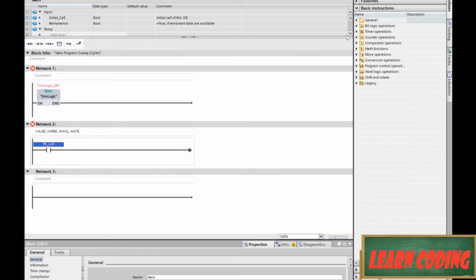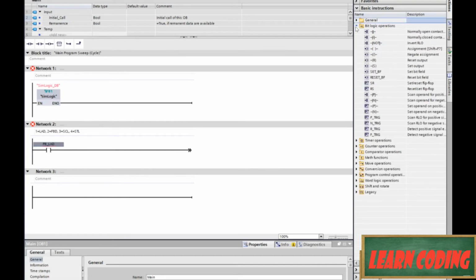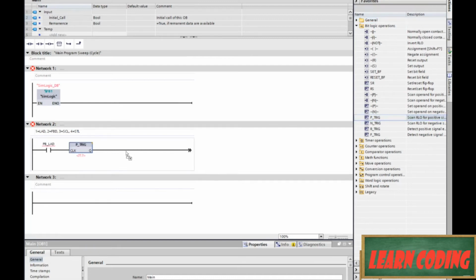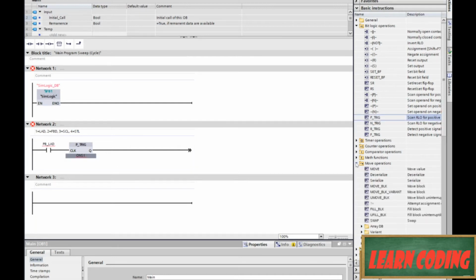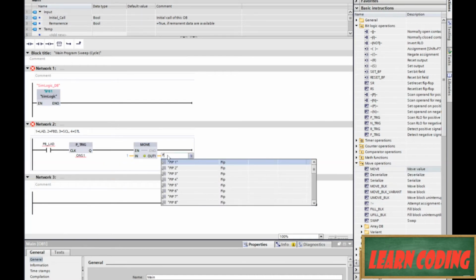And the next thing I'm going to want is a trigger, because I only want things happening one time when someone pushes a button. So let's put a p-trig on there, and I'll give it one of my famous ONS1 addresses. And then after that trigger, I know I want to do a move operation because I'm going to want to set an integer. So let's put a move there, and I'm going to set a 1, and I'll call that PROGLANG,